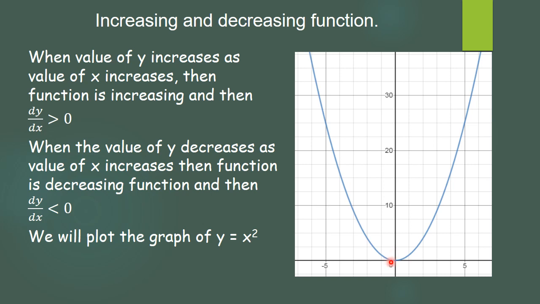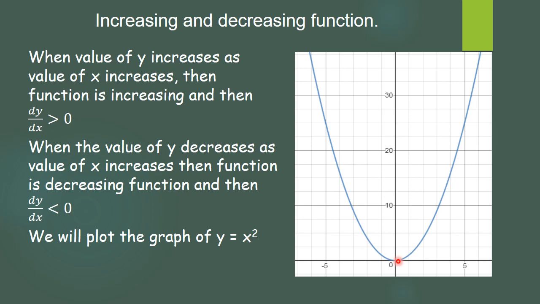Now we'll go for the reverse, that is, when x has negative values. At x equal to -1, y is +1. At -2, we have decreased the value of x, and the value of y becomes 4. So a decrease in the value of x shows an increase in the value of y. It indicates that the function is decreasing. So here y is equal to x square is a decreasing function when we go about the negative values of x. So every time the function will not be increasing or decreasing. That depends upon the interval.